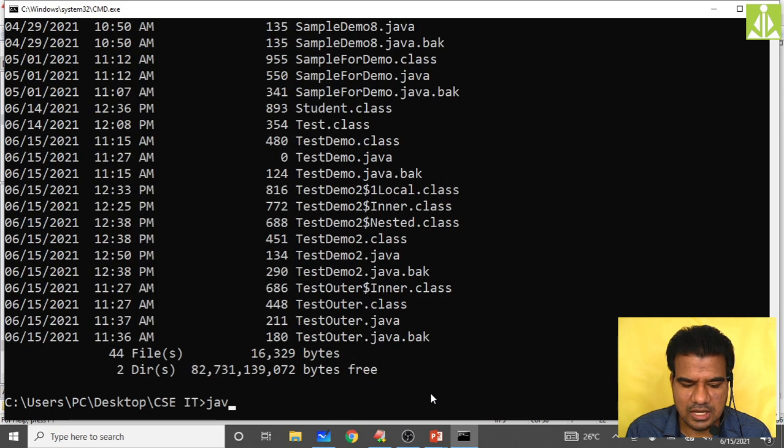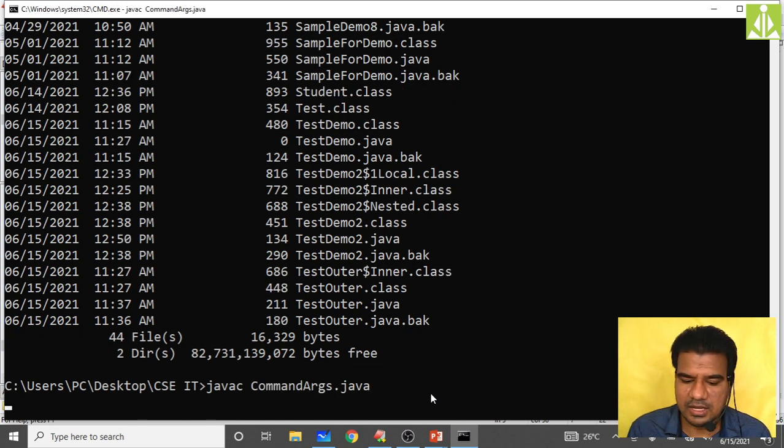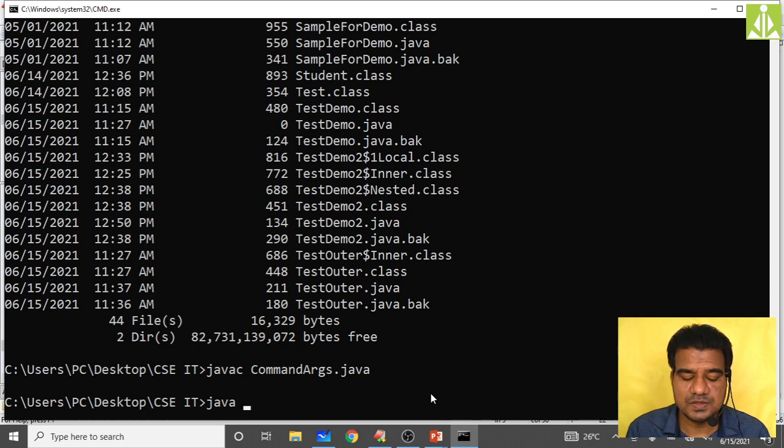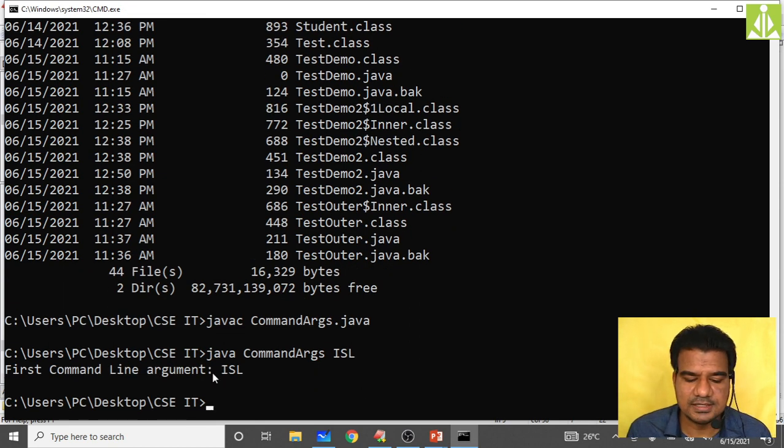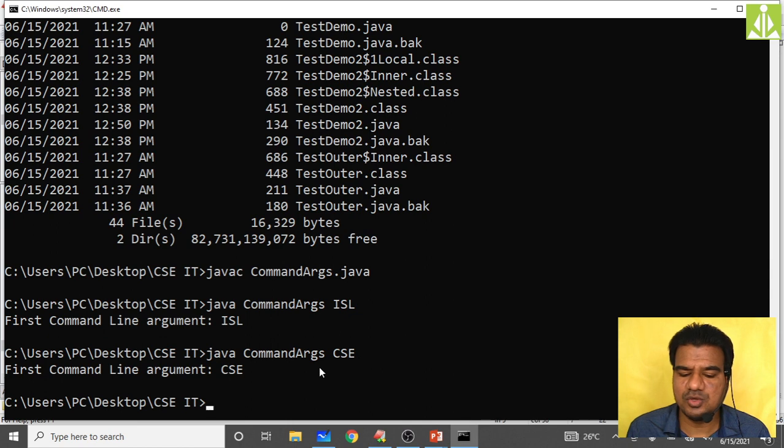Then javac space CommandArgs.java. Compilation successful. Then java space program name space first command line argument ISL. See here, we got ISL. Not only ISL, if you want to give something else like CSC, you will get CSC. Whatever you pass as the first command line argument, you will get over here.